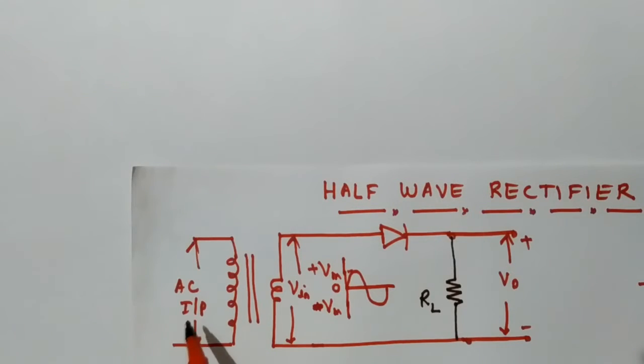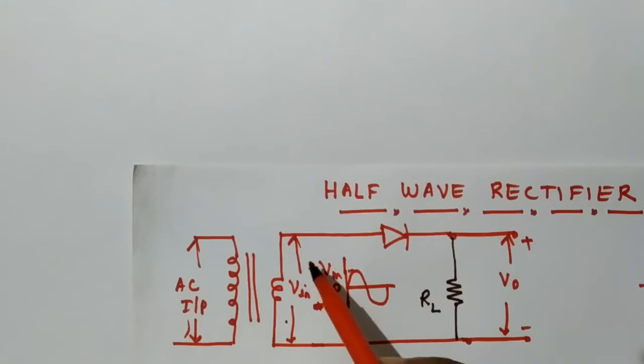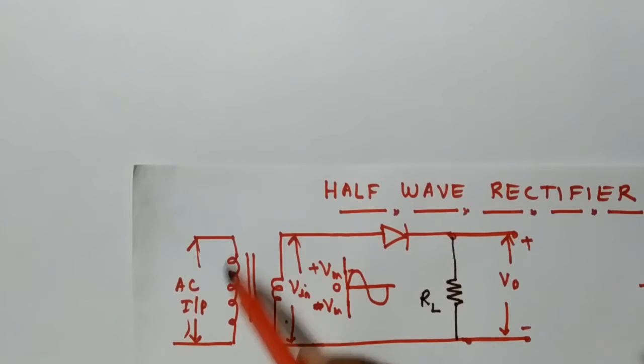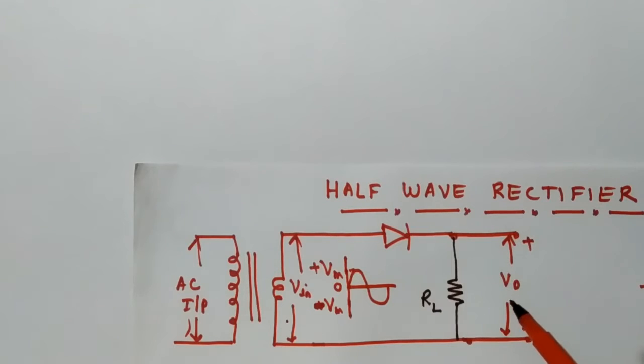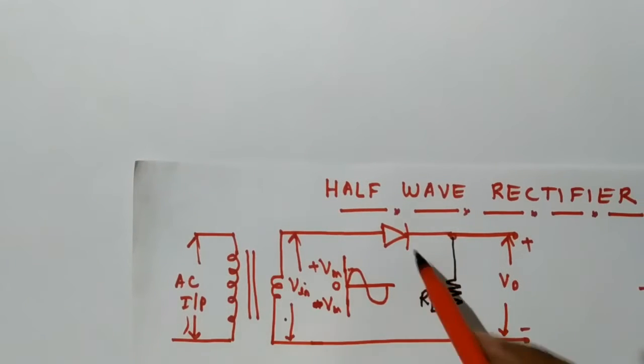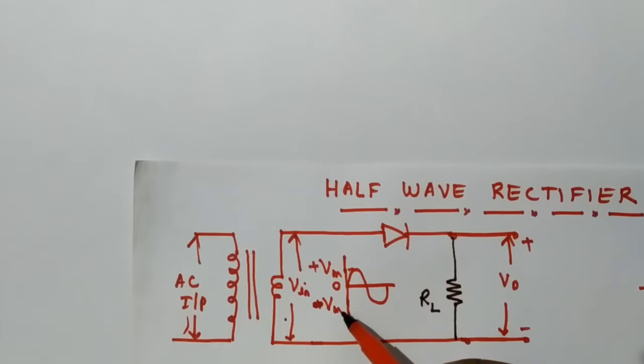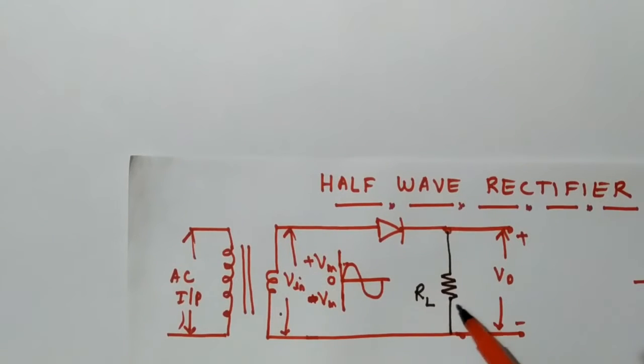So if you directly convert AC of 230 volt to a lesser DC value, a lot of power will be wasted. So to decrease the power loss, first we decrease the AC voltage to a lesser value, and from that we get the DC value. That is why a transformer is used, and a diode is used to rectify the AC signal. And here this is the load.